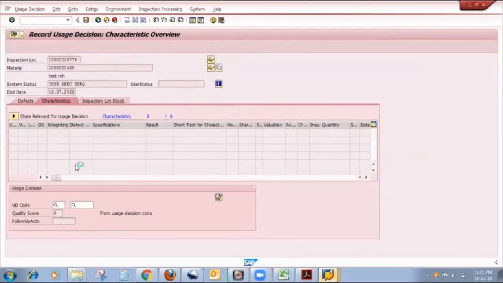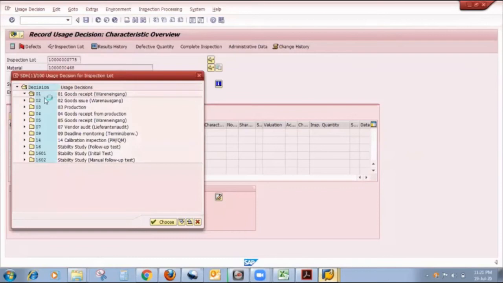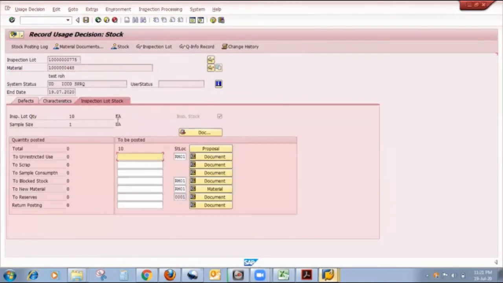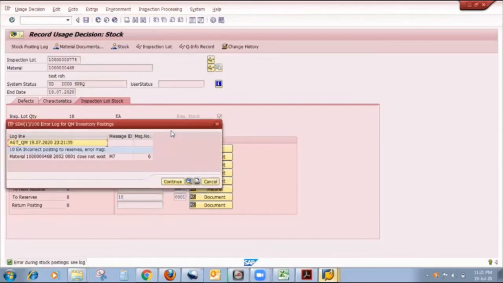User's decision is there. And friends, all of you know that there is acceptable value. I want to put all quantity to a reserve quantity, enter it and save the particular inspection lot. Okay, friends, there is one